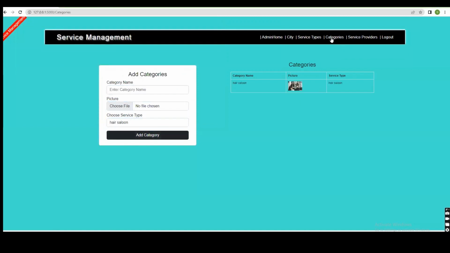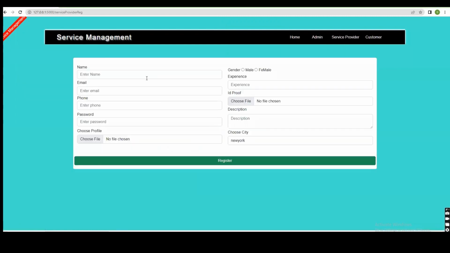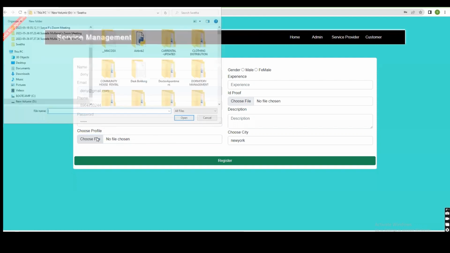Category added here, and view the category here only. So we'll get into this service provider and we'll register as a service provider with the name, email address, phone number, password, profile,